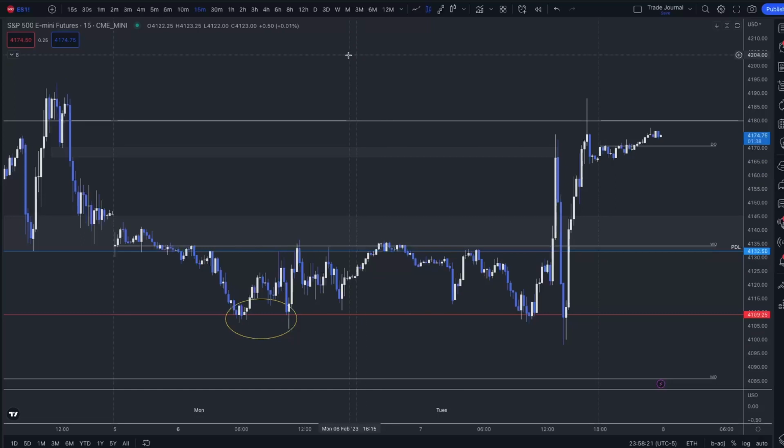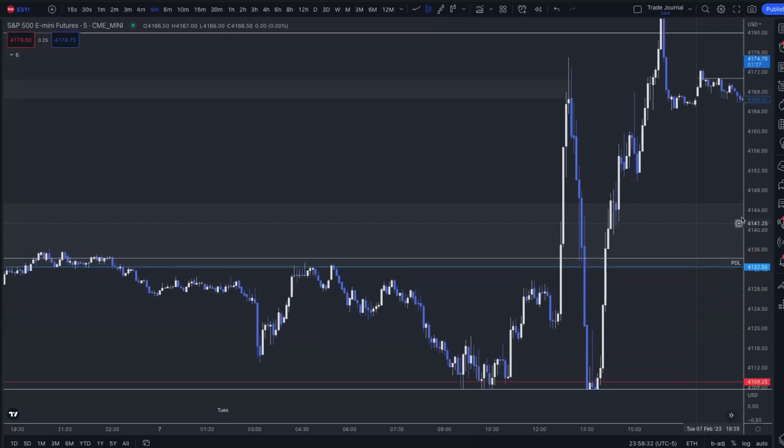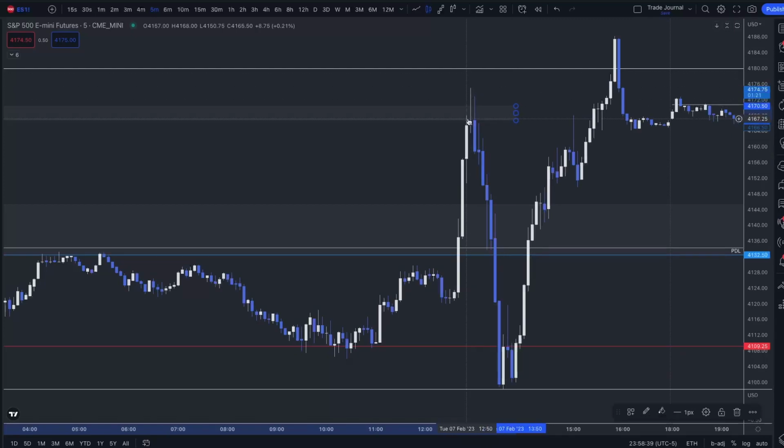So just that alone isn't a trade for me, although maybe someone could have shorted this with the stop above the high. I'm not saying that wasn't a way that someone could have played it, but what I would have done, if you go to the 5-minute, you can see that we respected it on the hourly